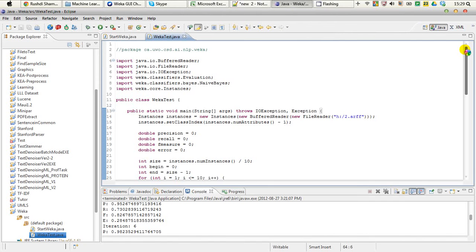Welcome to Weka tutorial. In this tutorial, I'm going to show you how you can achieve the results of every fold in a k-fold cross-validation setup. You can go back to my tutorial 12 where I used the experimenter tool of Weka, the Weka GUI, instead of Weka API to get the results, especially precision, recall, F-score, and error rates of every fold in a k-fold